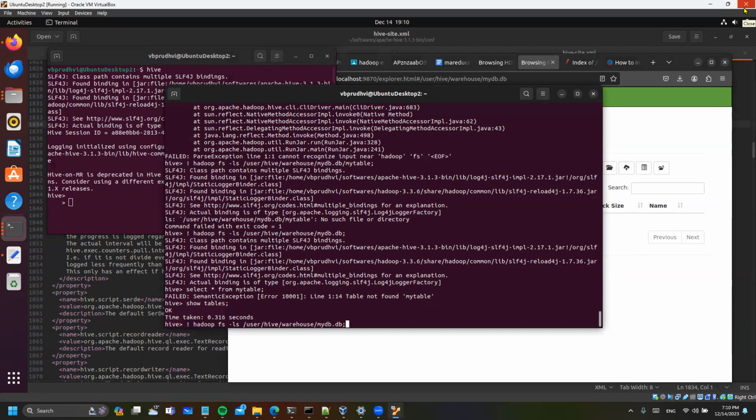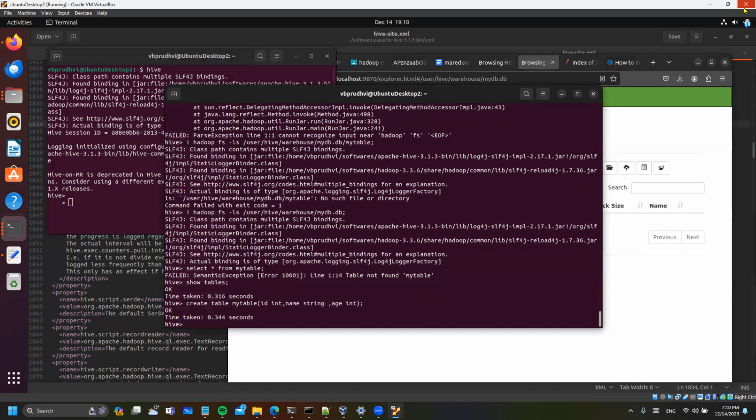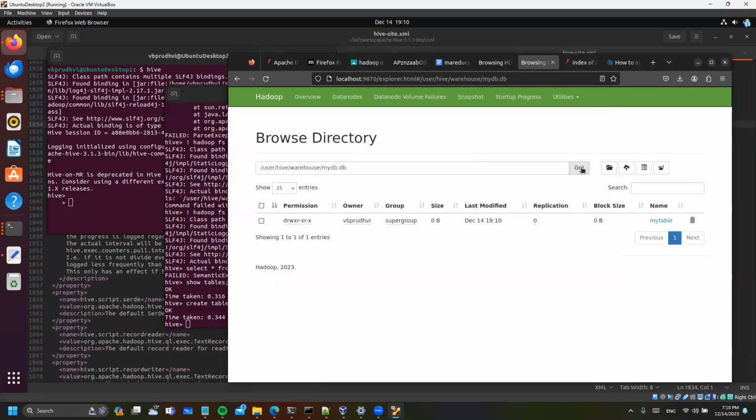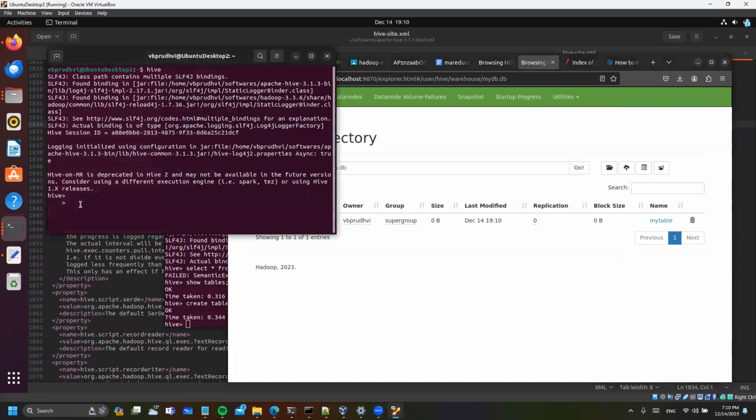So I do create table, drop table, and before that create table. I'm creating the table again. And now if you refresh here, my table is coming. If you do use mydb here,